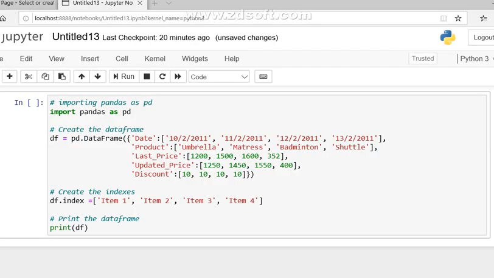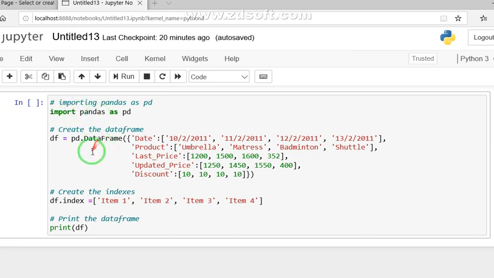Students, before going into the details of the question that we are going to do here, I have already copied a data frame here. You need to go through this data frame carefully and then you will be able to solve the query. As you can see, step number one is to import pandas.